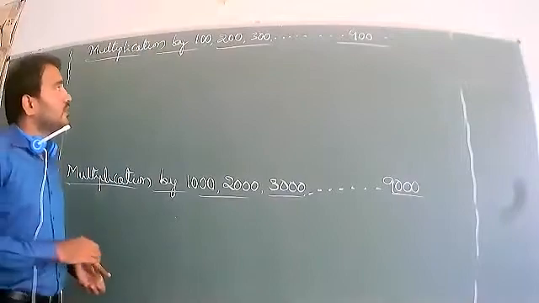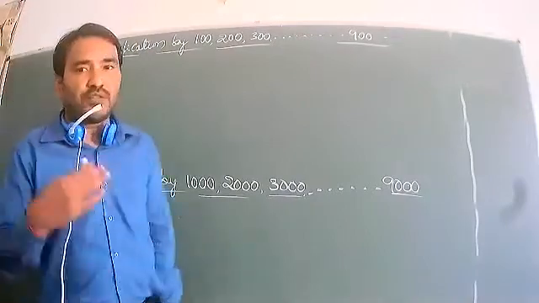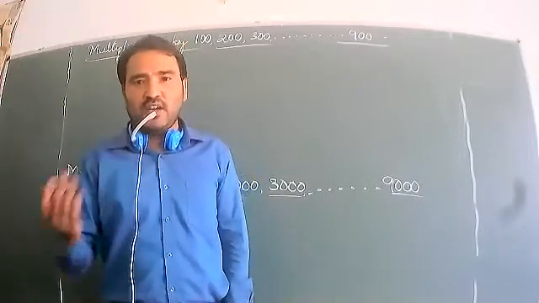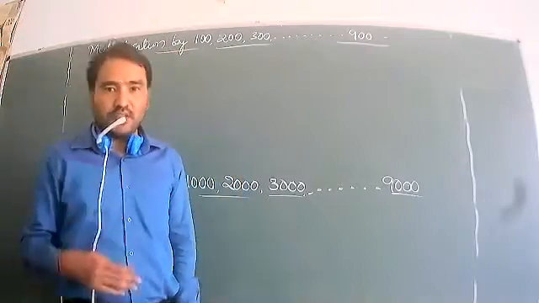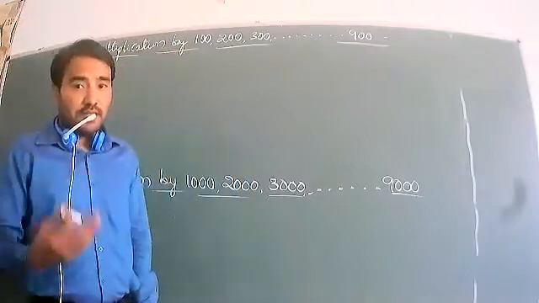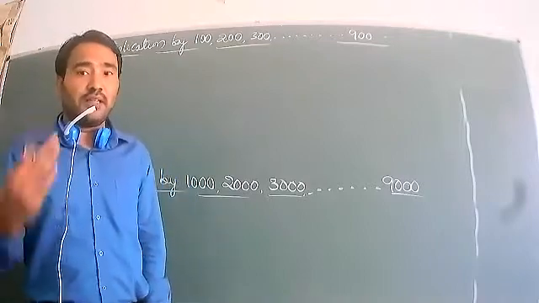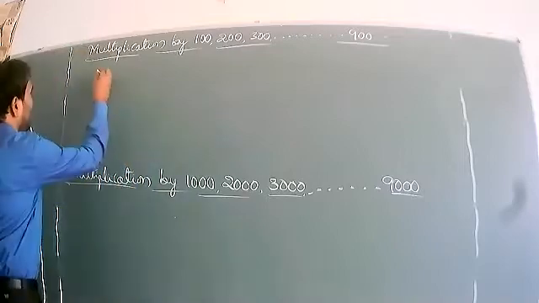Very easy concept. Here, first we put the zeros. How many zeros are there, on the right side or the upside? First we have to put those zeros. Then multiply the numerals. Just one example I will show.